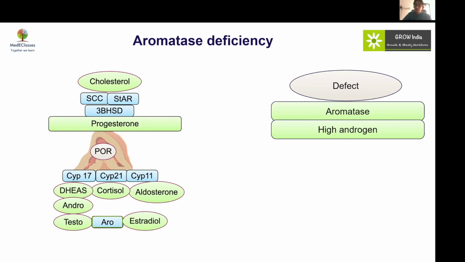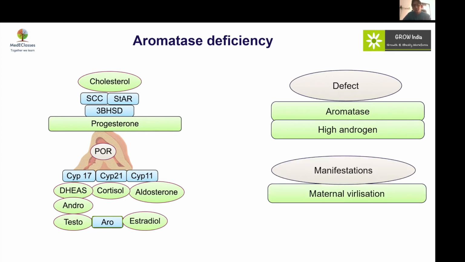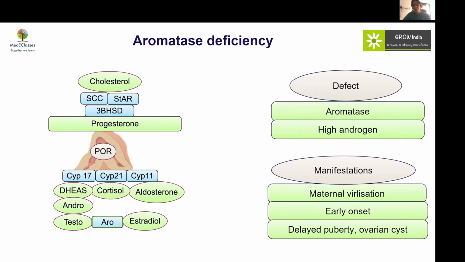So maternal virilization history is typical, and we should be asking whether there was any voice change or any hair growth during the pregnancy or not. And it is an early onset, and 17-OHP can be mildly elevated, not to the level of 21-hydroxylase deficiency, but yes, mild elevation of 17-OHP as well as typical history of maternal virilization will probably point towards aromatase deficiency. And aromatase deficiency is typical of high androgens in intrauterine life, followed by estrogen deficiency, because we know that this aromatase enzyme converts all our androgens to estrogen.